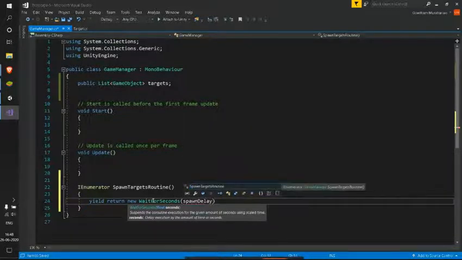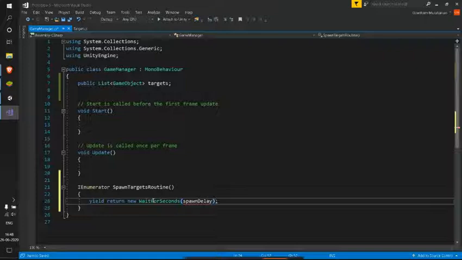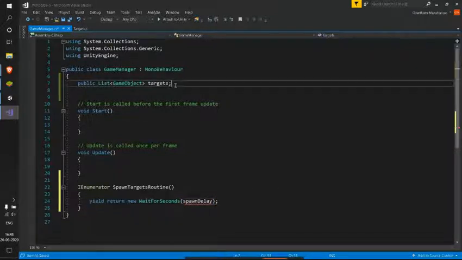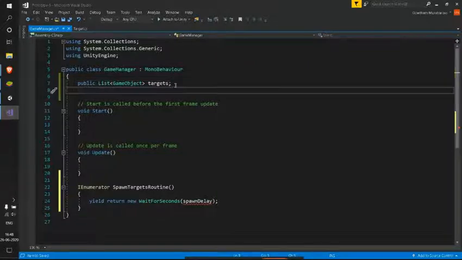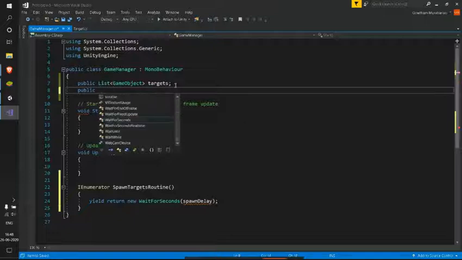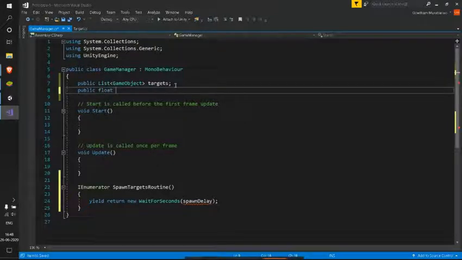You might notice I didn't create this variable as of now, so let me do that. I can use this as public float spawnDelay, and I can give that a value as 1.0, or let's make it 1.5.